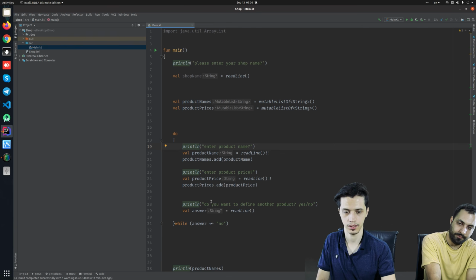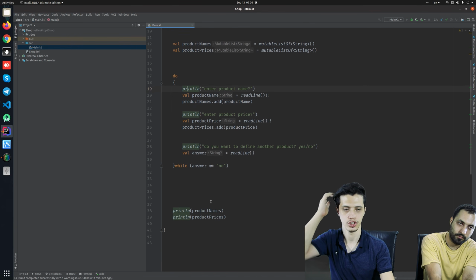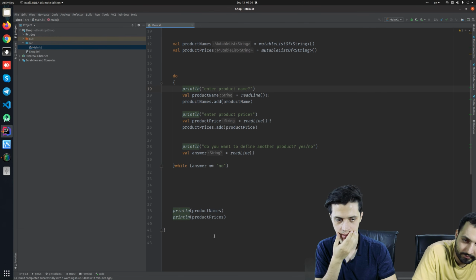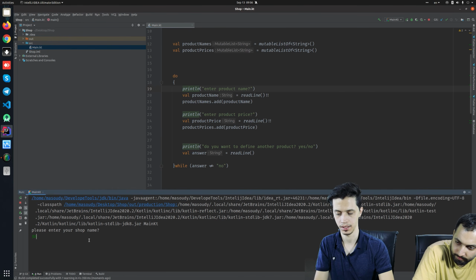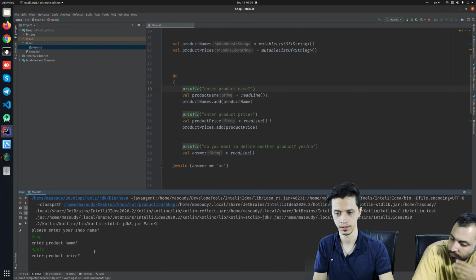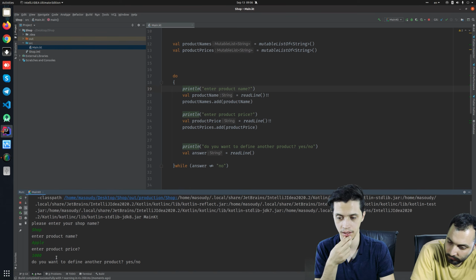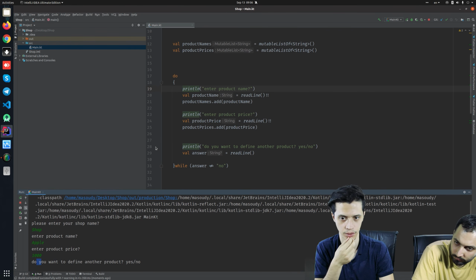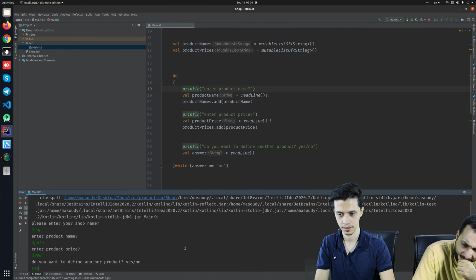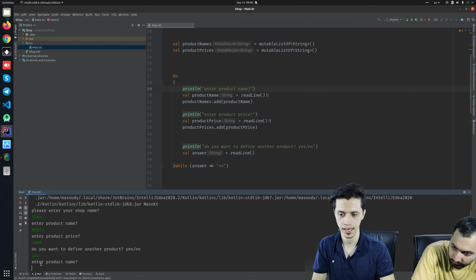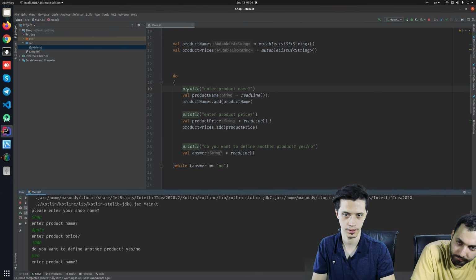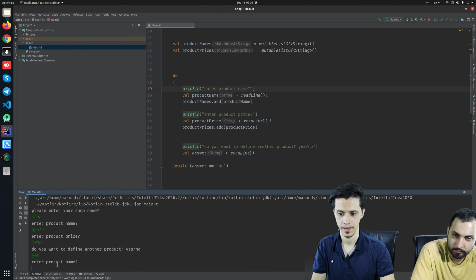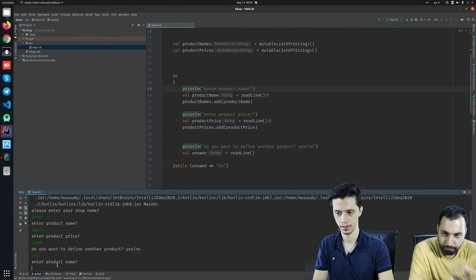So let's run this program. Shift F10. It asks for the shop name. I enter shop, product apple, and I enter 1000. As you see, it is now in line 28, asking me if I want to continue or not. I press yes, I want to continue, and it again asks to enter the product name. It jumps back to line 19, and I enter, for example, orange,